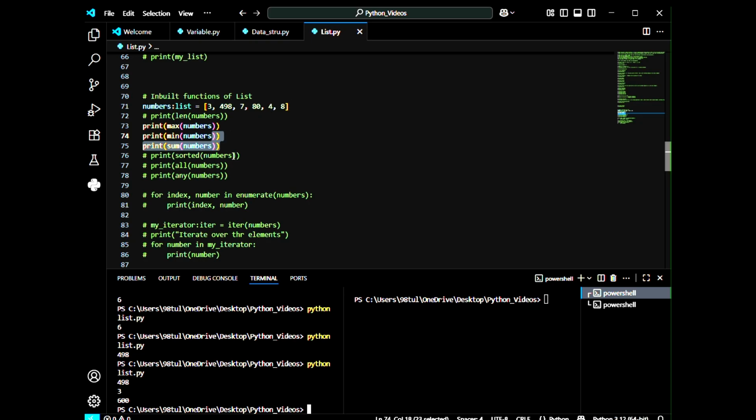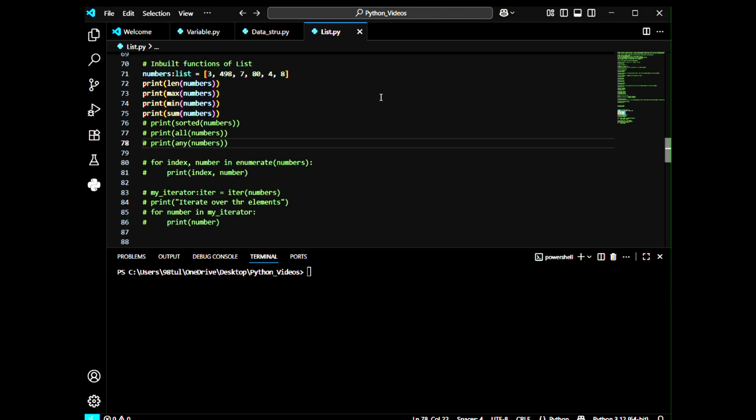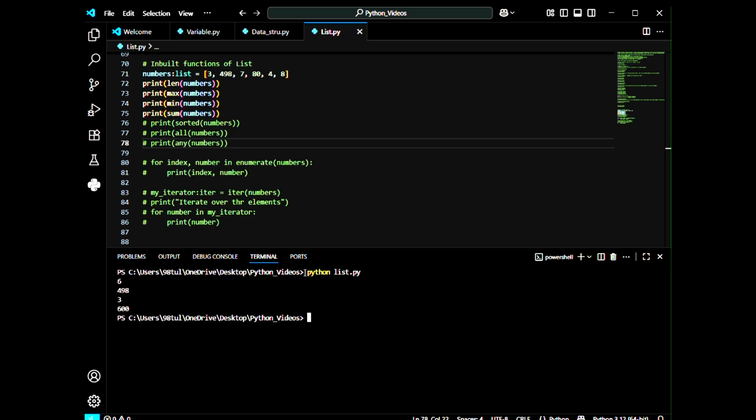In the same manner, we can find out the length, maximum, minimum, sum. Let me uncomment this line also. So now I'm going to print all these 4 lines together. So let's see. Here we can see the length, maximum, minimum, and sum.